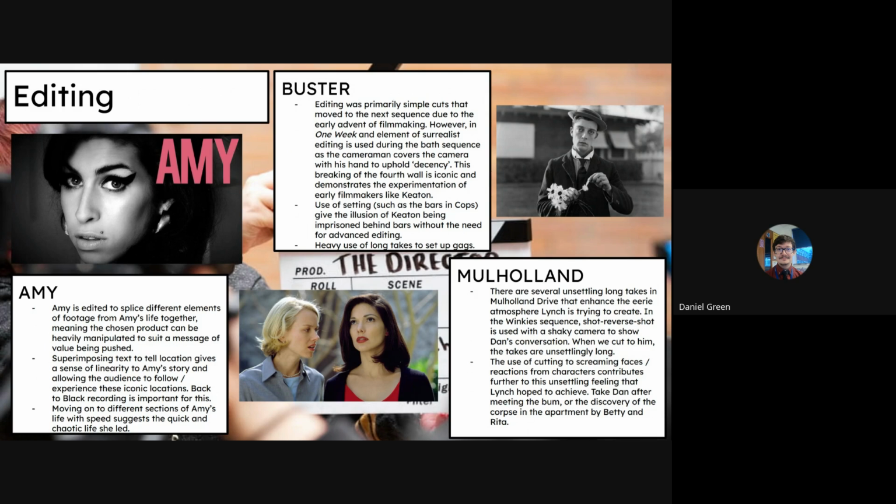And superimposing text to tell location gives a sense of linearity to Amy's story and allows us to follow those iconic locations from her life. So the Back to Black recording with Mark Ronson is quite important for that aspect. And also the editing style of being quite fast, so the pace being of speed, suggests the quick and chaotic